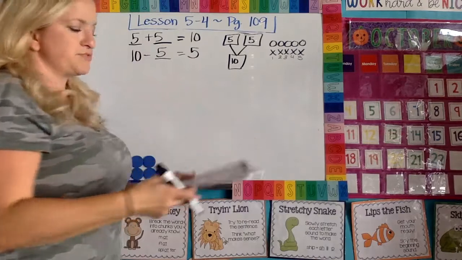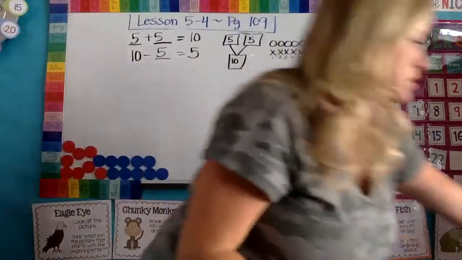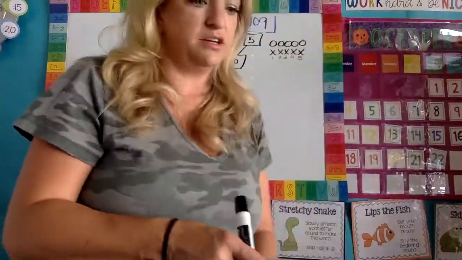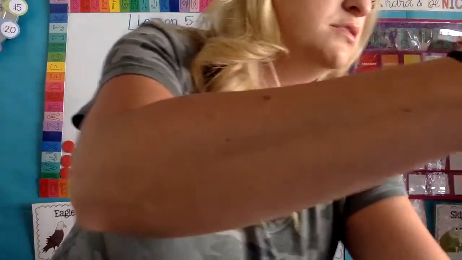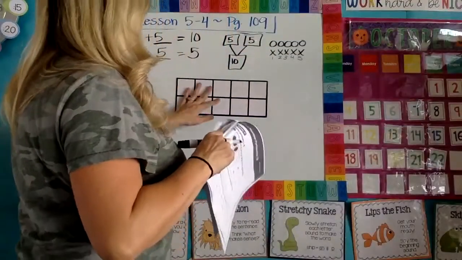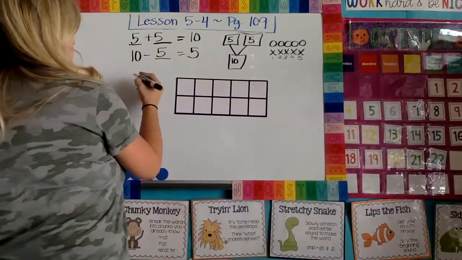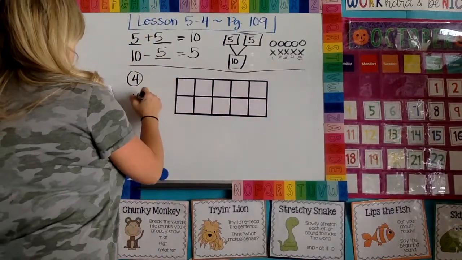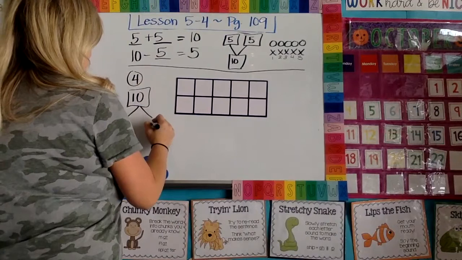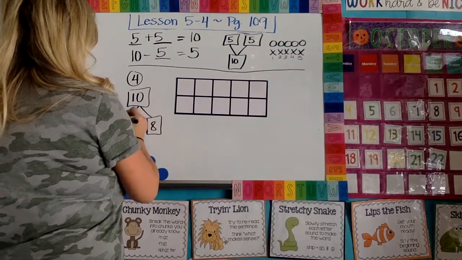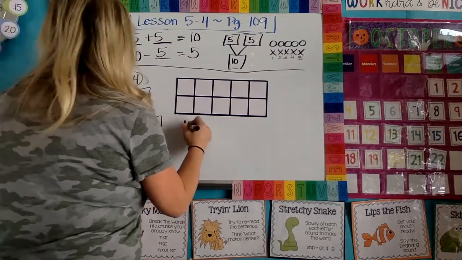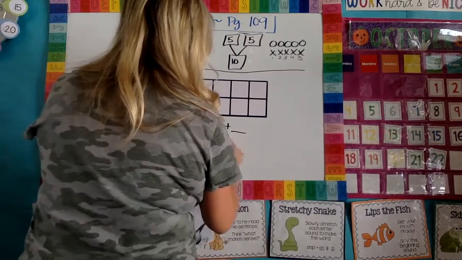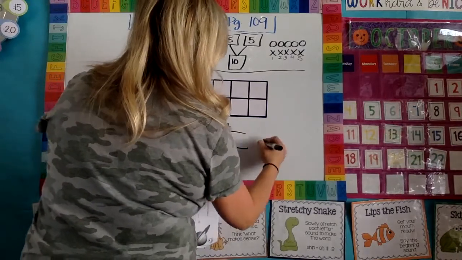You could use your tens frame because all of these have 10 in them. So I'm going to get out mine. Ooh, it's so fancy. And I'm going to do it with you guys. So here's mine. Solve the next problem. Here's number 4. We're going to use this to solve number 4, my tens frame. So I have 10, and they give me 8, and they give me, I don't know what that is. They want me to do 10 equals blank plus blank, 10 minus blank equals blank, 10